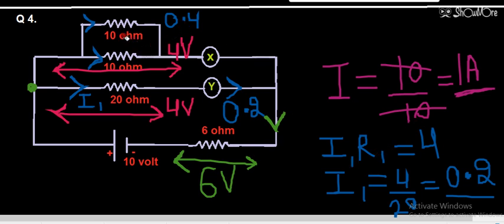So this current will be 0.4, this current will be 0.4. So that means from this point onward current is divided into two parts, 0.4 and 0.4. So the current which was coming was 0.8